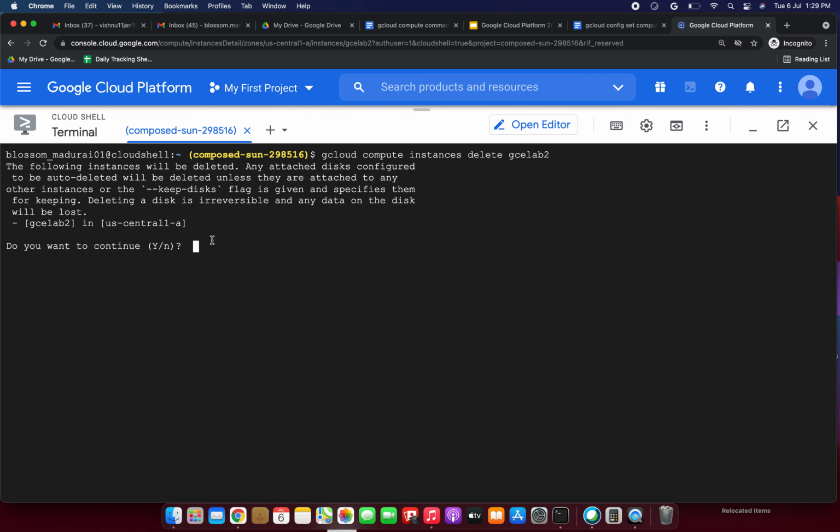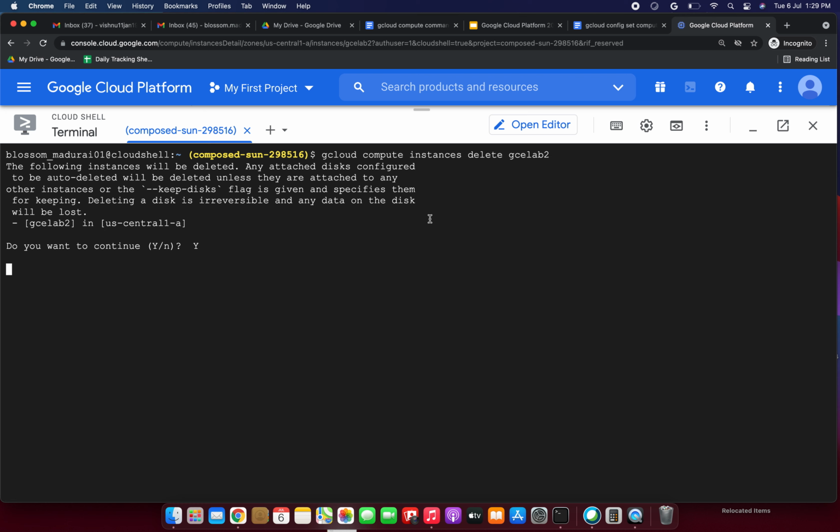This is our zone only, so I am putting yes here. GCE lab 2 will be lost. Just give yes now. Let's wait for it. The instance is deleting now. If we specify the zone name, it will not ask here.